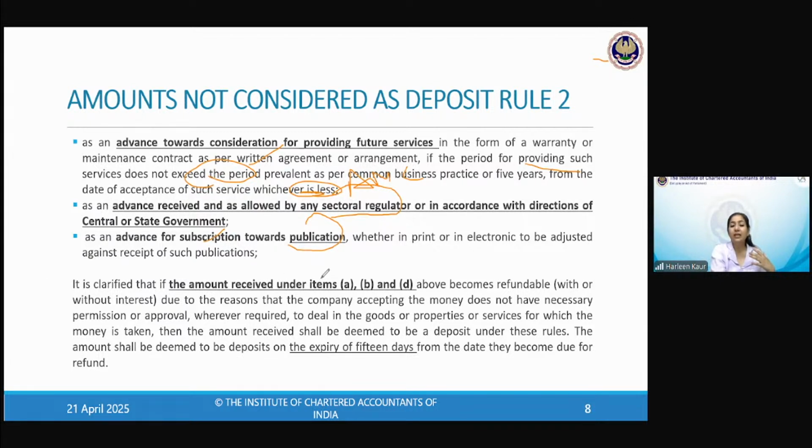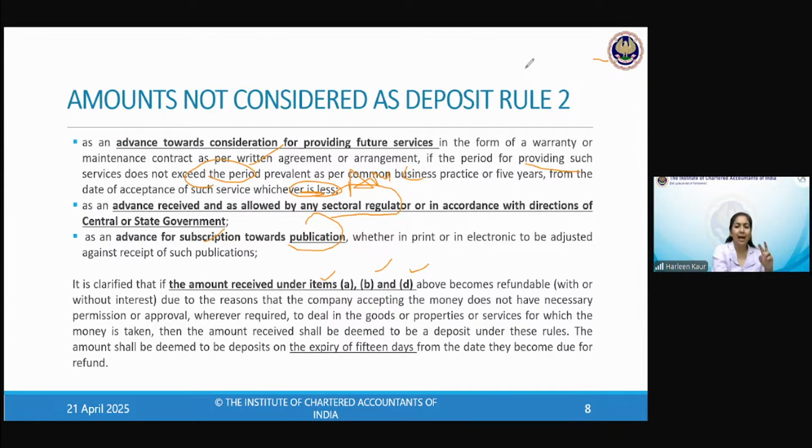However, any amount received under A, B, and D. What was the amount under A? Goods and services, 365 days condition. What was amount under B? Immovable goods. What was amount under D? For the long-term projects for capital goods. If it becomes refundable